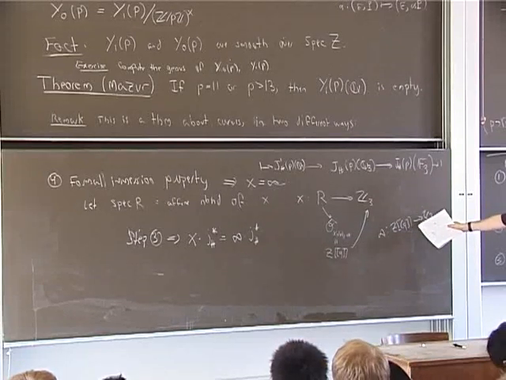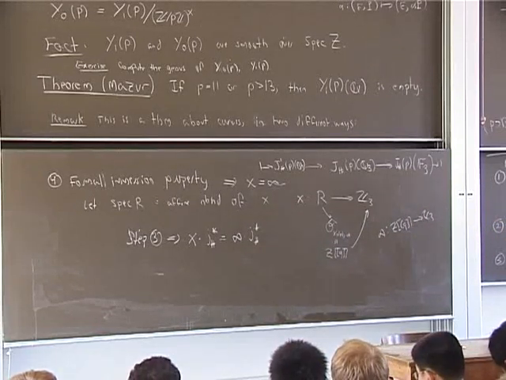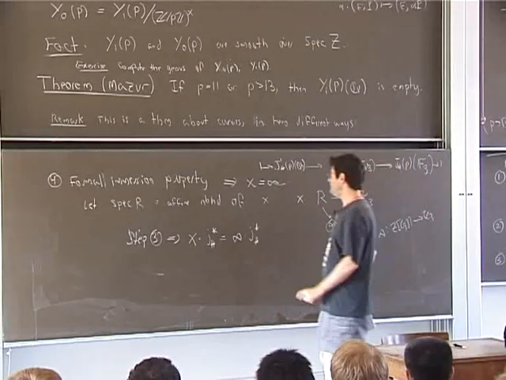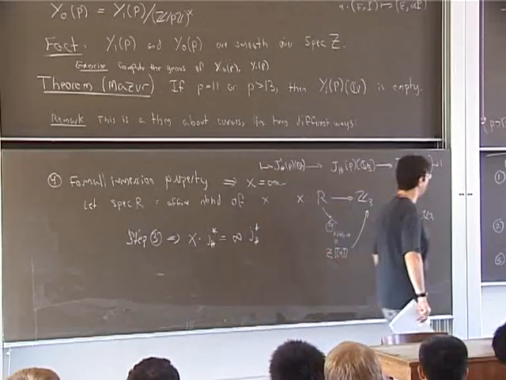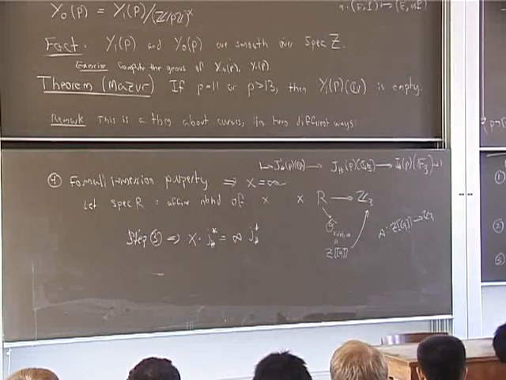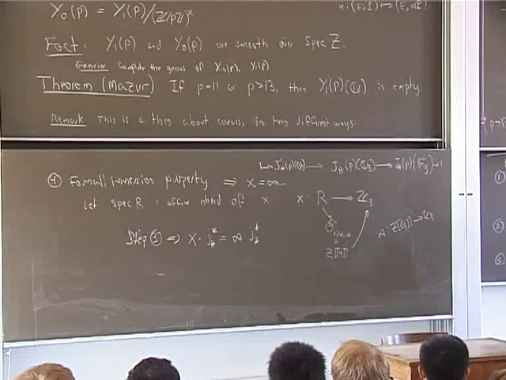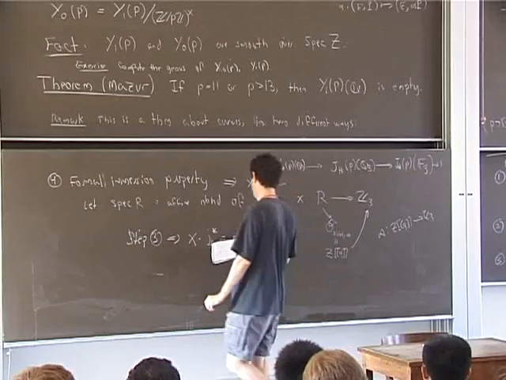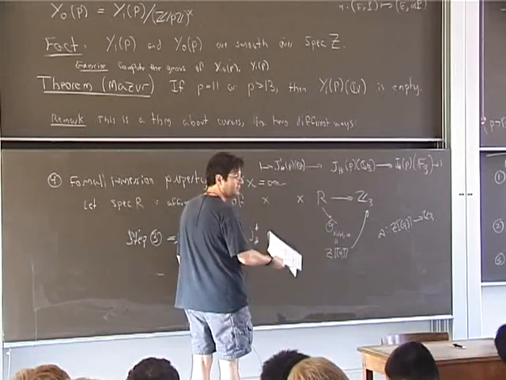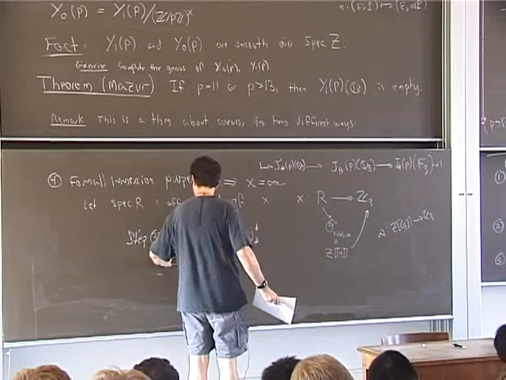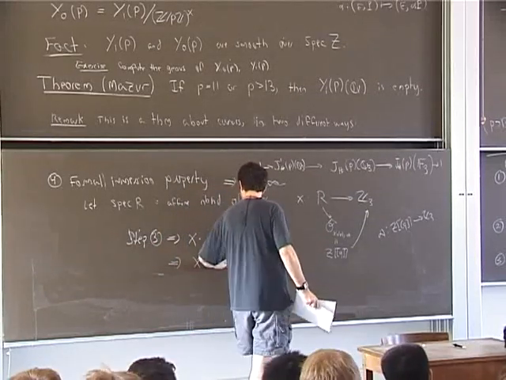Taking Q equals 0 corresponds to the point infinity on the modular curve. And these compositions are the same because they correspond to the points that are the images of x and infinity. But this j sharp star is surjective by the formal immersion property. So that implies that x is equal to infinity